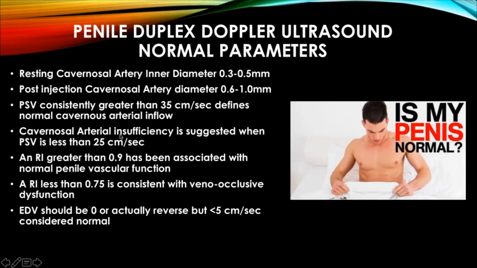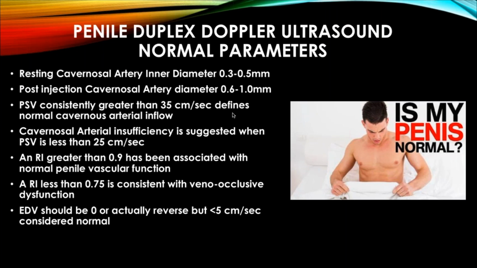Peak systolic velocity should be consistently greater than 35 centimeters per second. That means there's completely normal cavernosal artery inflow. Now, if it's less than 25 centimeters per second throughout the entire study, that usually means that there is some arterial insufficiency. Again, the only caveat to that is in a very young man, if you miss the full phase,